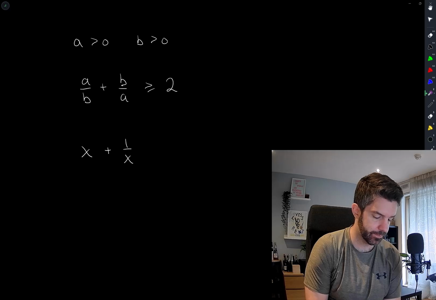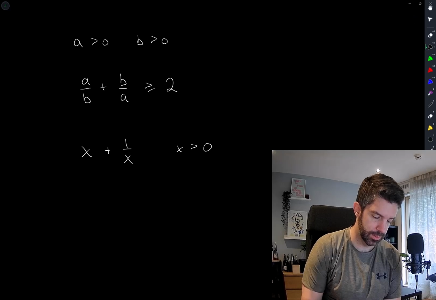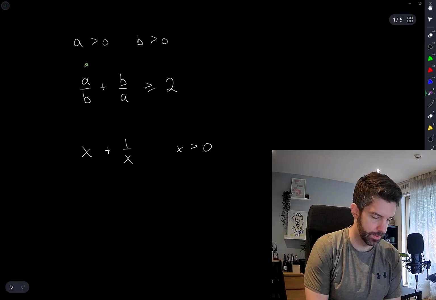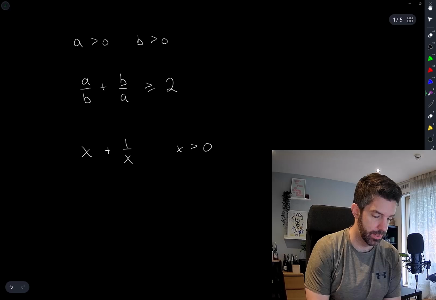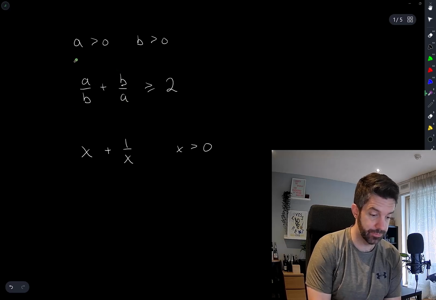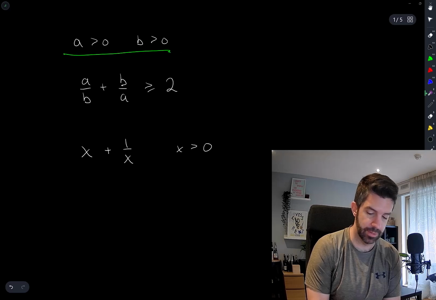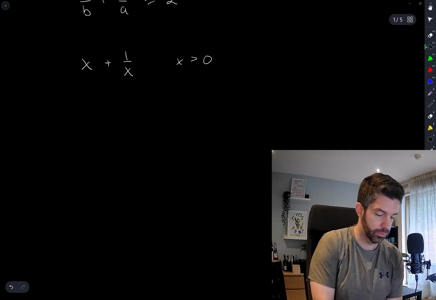Of course, x is still positive here, but for any value of a and b that we choose, there will be some value of x and the corresponding value of 1 over x. And similarly, for any value of x I choose here, there are values of a and b that correspond to this expression. I mean, there's an infinite number of values. For any one value of x, there's an infinite number of values of a and b, but that doesn't really matter. So let's just call this f of x,